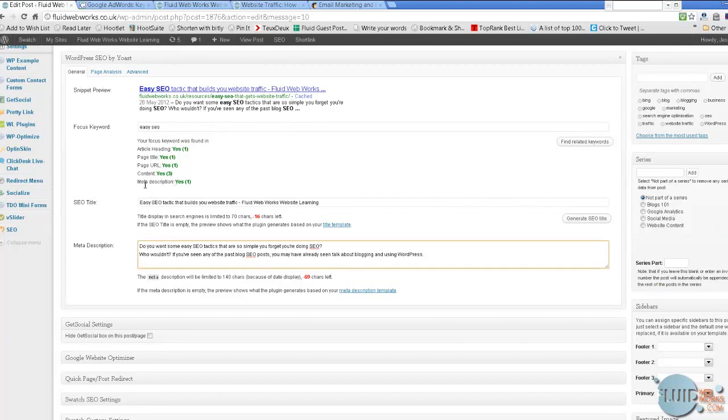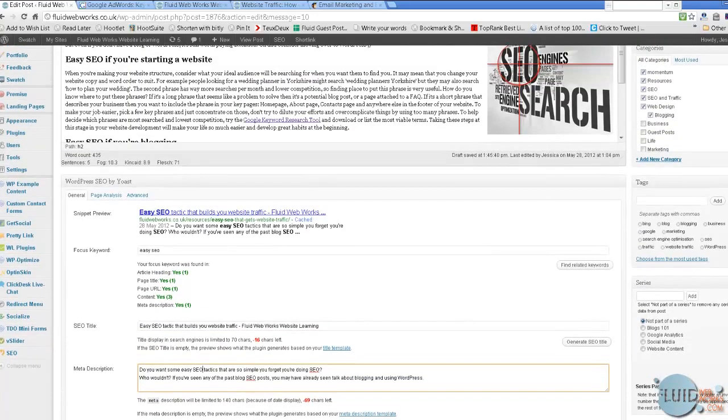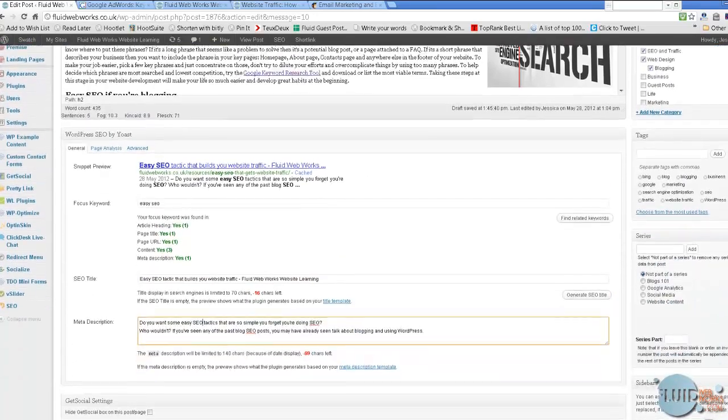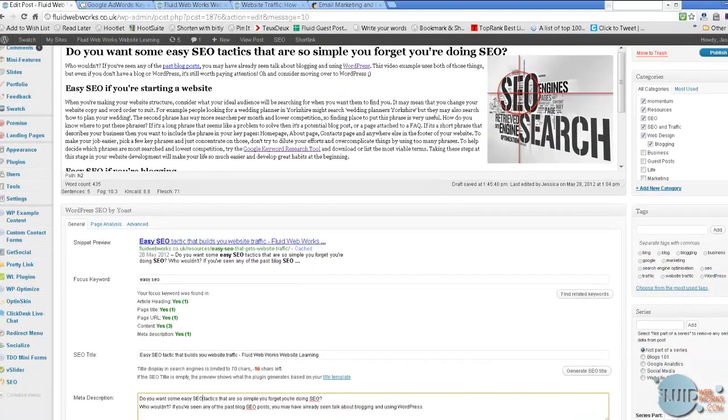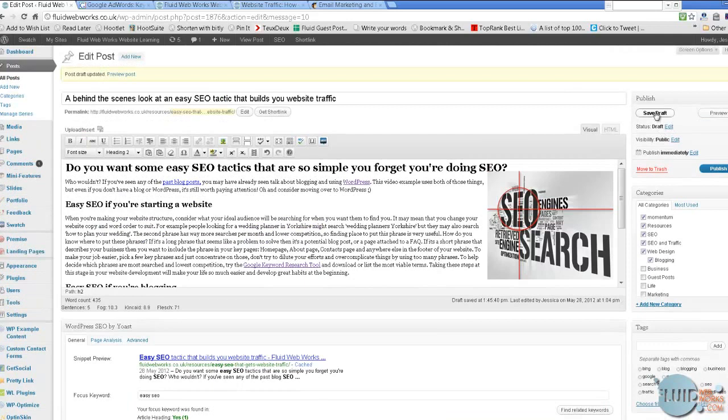and I've also added a meta description, which is this thing here, and I've ensured there's 3 mentions of the word SEO, but there's 1 mention of the phrase easy SEO, and I could change it. The meta description is actually how it shows here in the search engine results. So that's it. Once you've actually published it, you do get another option in here, which is the page analysis. If you're not ready to publish yet, then you can save the draft and you get some other options, which is